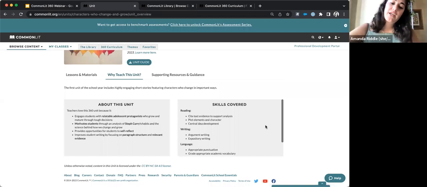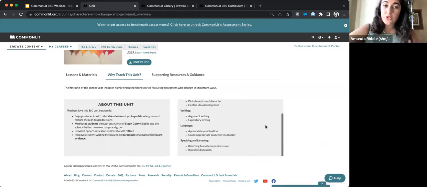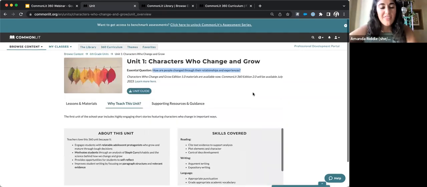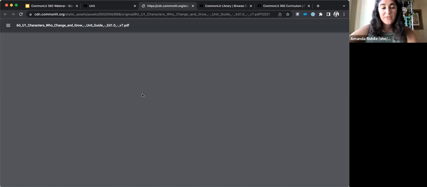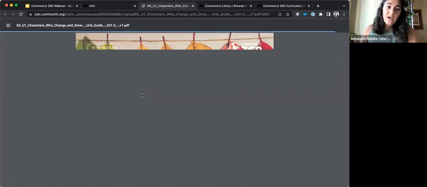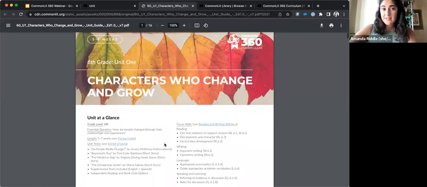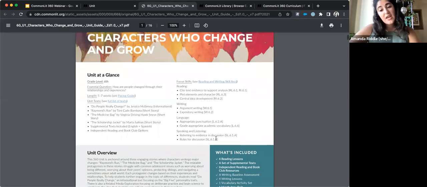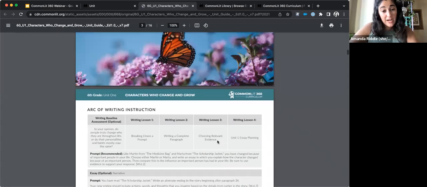And there's also a great list that makes it really easy and quick to see what skills you're going to work on with your students. And if this looks aligned to what you're looking for, then you can start looking at the lessons and even downloading our unit guide to dig in even more. The unit guide has a ton of extra information. It actually lists out every single piece of the unit, all the texts, all the focus skills, every single lesson that's included, the arc of reading and writing,